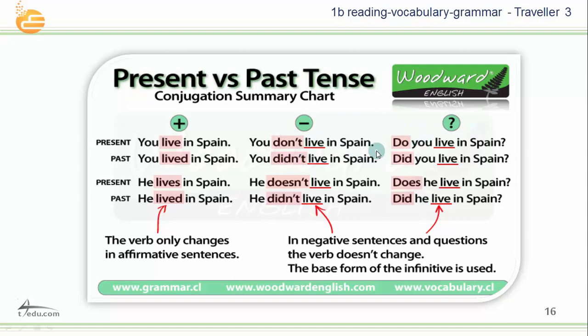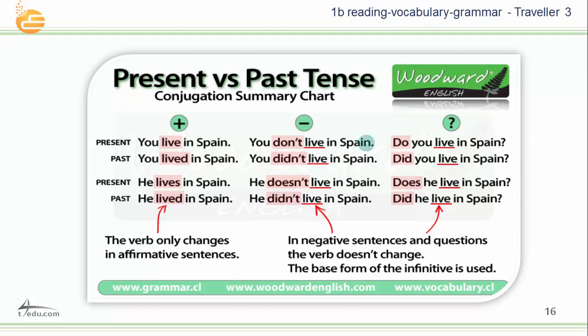And for the questions, we use do or did. It's the same as in the negative, to talk about the second part of the grammar rule of the simple present. You say he doesn't live, he didn't live. It's the same like don't, but here we use doesn't with he, she, and it. And always in the negative, the verb has no s in the present, and after didn't in the past, the verb goes back into infinitive or present. You don't say he didn't went. This is Arabic. No, he didn't live. He didn't go.